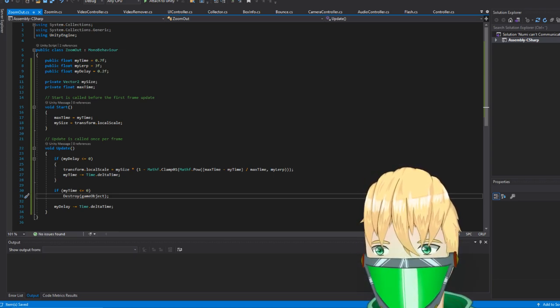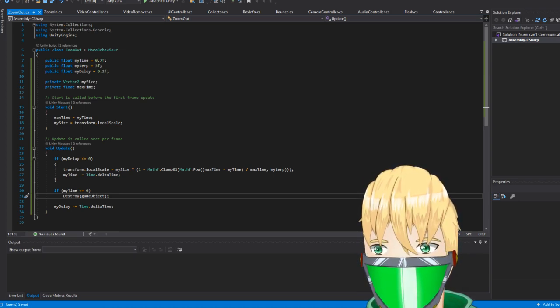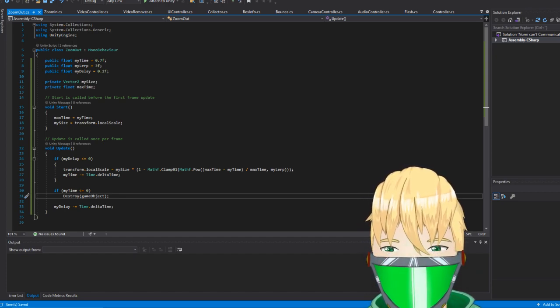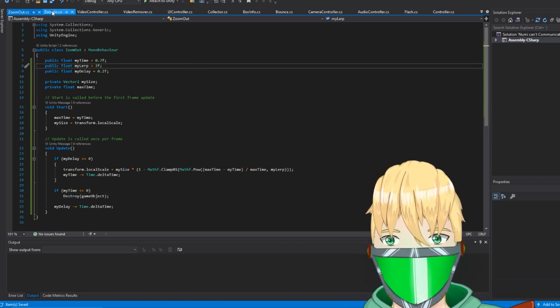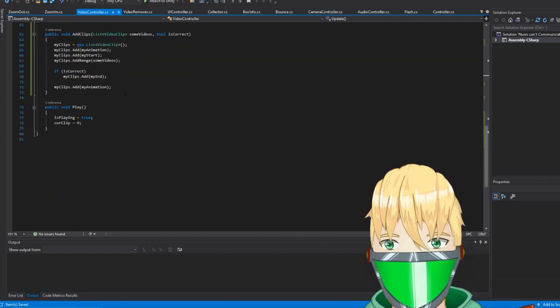Yeah, okay, you can't do that. Okay, interesting. So you can't actually use a constructor here, meaning I'll have to do something else.